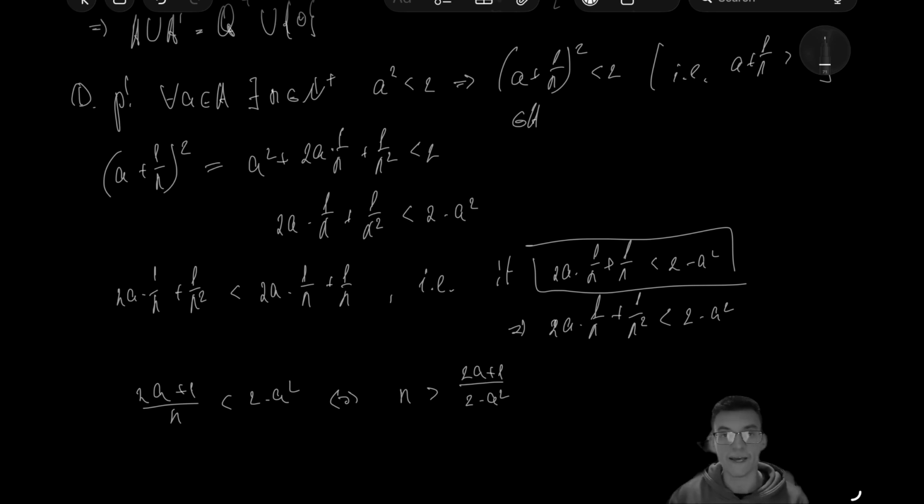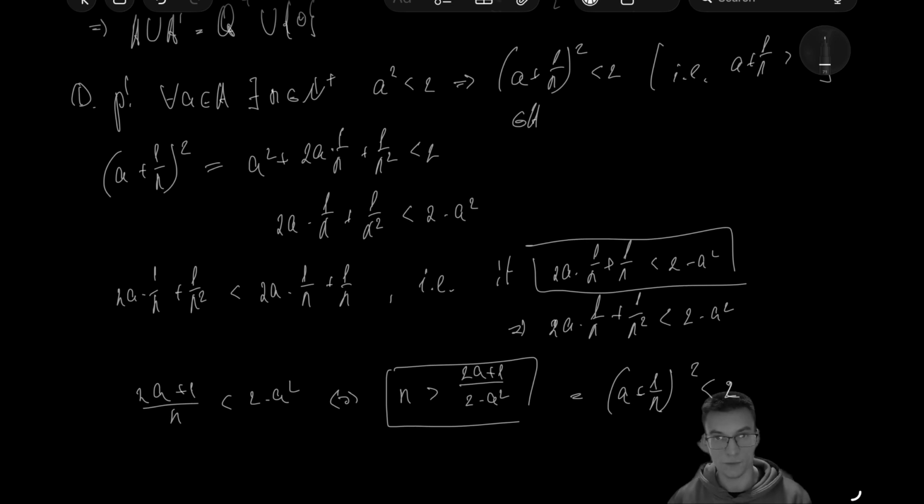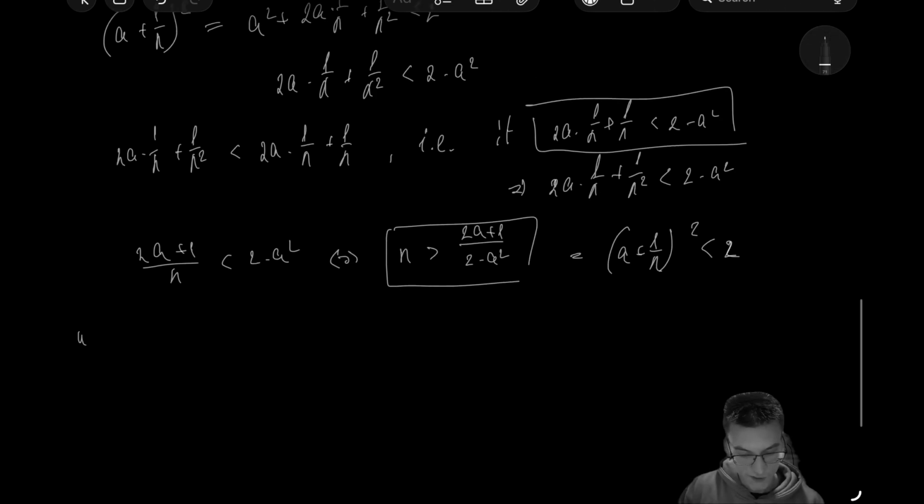That said, for any a, it is sufficient to choose n large enough that this inequality holds, and then our original inequality holds as well, and consequently (a plus 1 over n) squared would be less than 2, but at the same time it is greater than just a, which implies that there is no maximum element in our lower class. Using the same kind of reasoning, we can conclude that the upper class doesn't have the minimum element, i.e.,